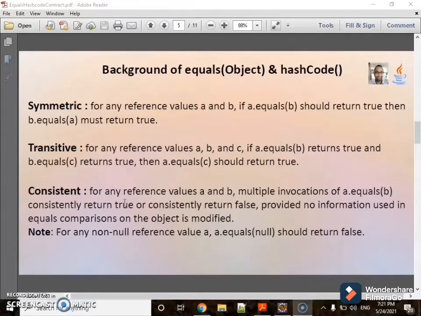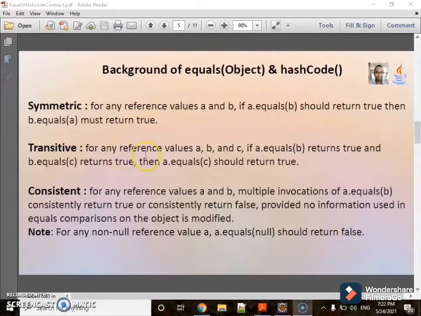For any reference values A and B, multiple invocations of A equals B consistently return true or consistently return false, provided no information used in the equals comparison on the object is modified. The final one is null: for any non-null reference value A, A dot equals of null should always return false.